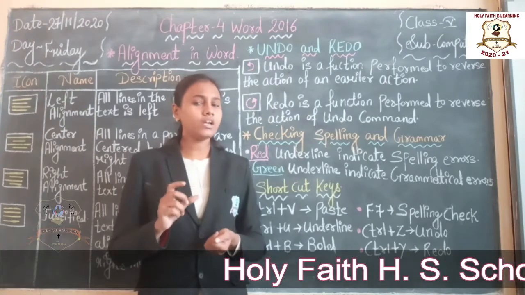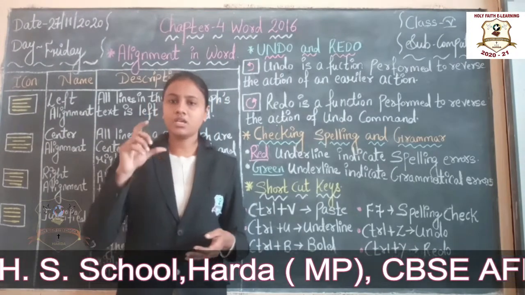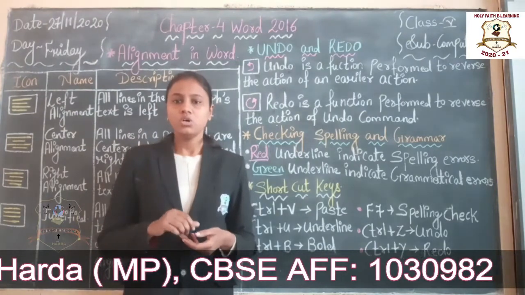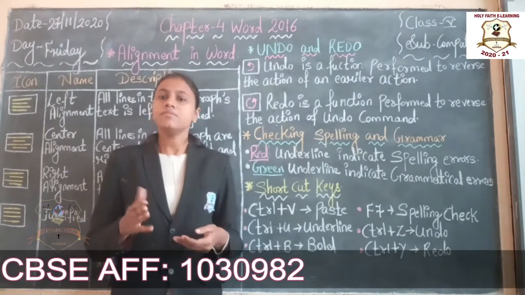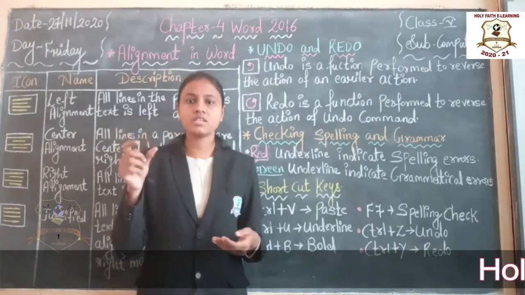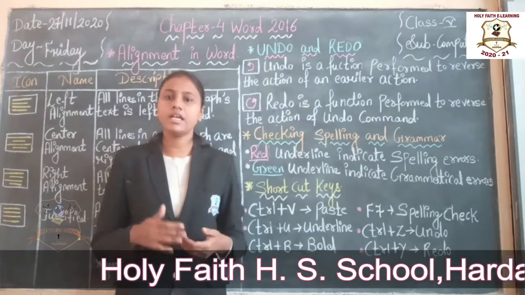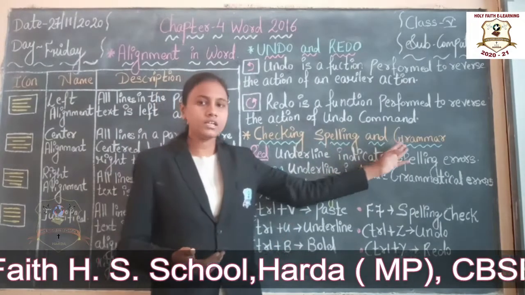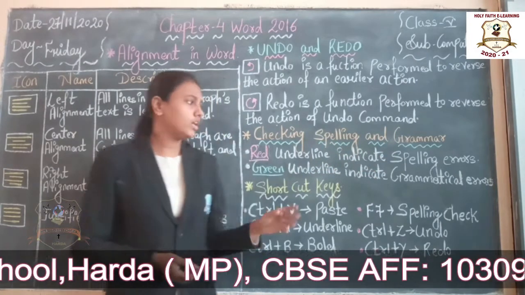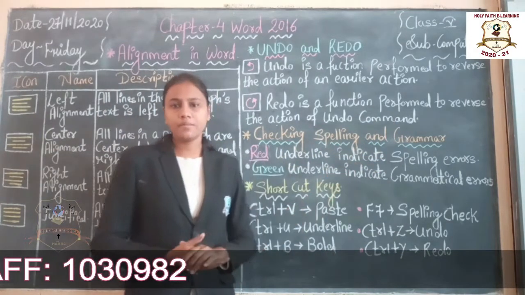When you right click on that word, one menu will appear on your screen. ठीक है, एक menu आपके screen पर appear होगा. In that you will see the relative words and suggestions. वहाँ पे आपको कुछ relative words and suggestions मिलेंगे. From there you can choose the correct word and correct your spelling and grammar error. Okay, in this way you can check your spellings and grammar in your MS Word.